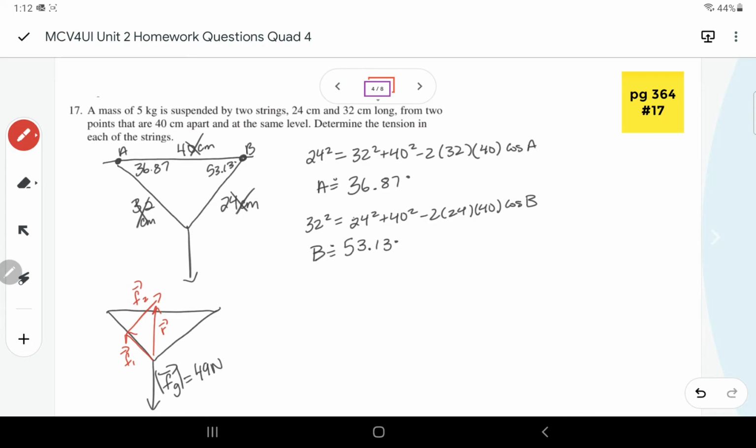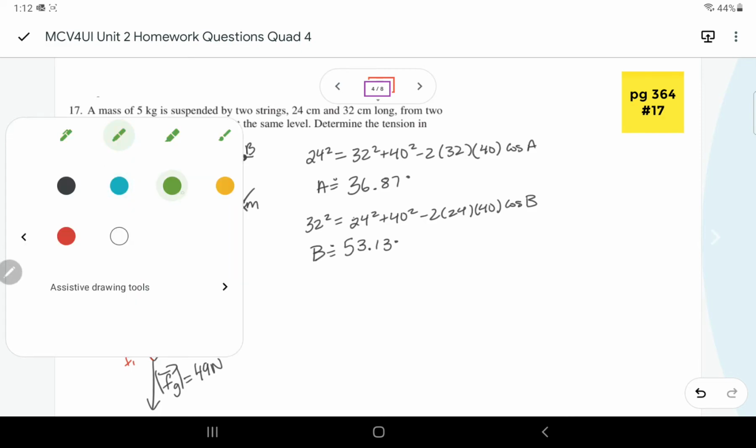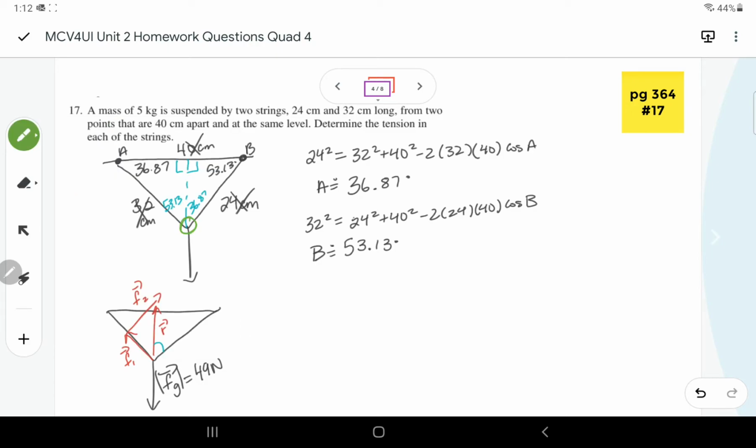So what I need to do here is to figure out what some angles are. So I would know that this angle in here, if I make this a 90, that this is going to be 36.87, and making this a 90, this is going to be 53.13. And I actually sort of hate this question in the textbook because this angle here ends